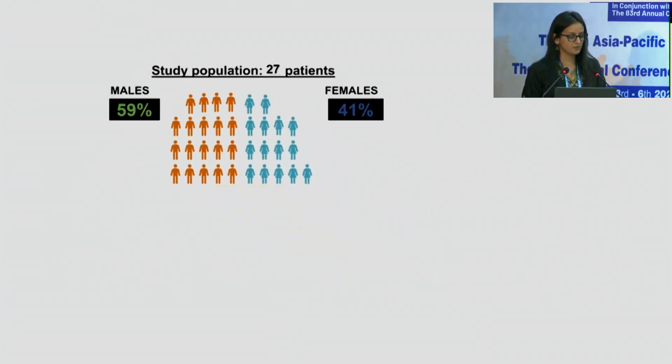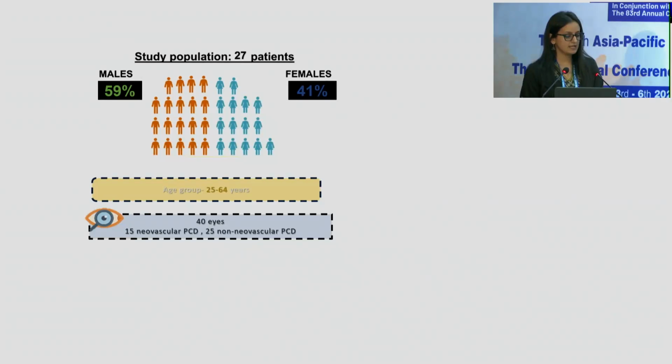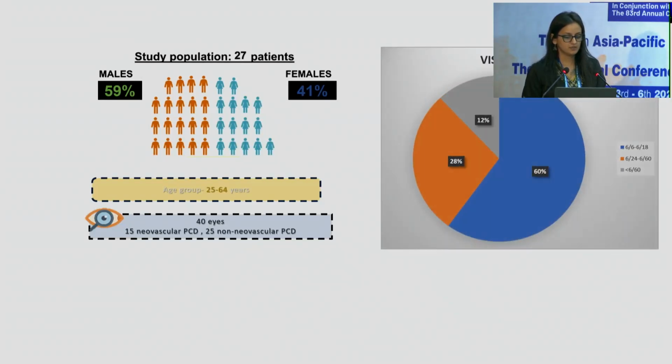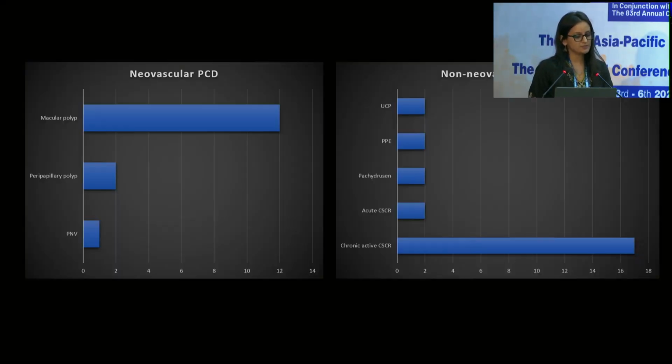So there was a male preponderance with a mean age of around 40 years, and the study included 15 neovascular PCD and 25 non-neovascular PCD. The vision mainly was better than 6/18. This graph shows that amongst the neovascular PCD, macular polyps were predominantly seen, and in non-neovascular PCD, chronic active